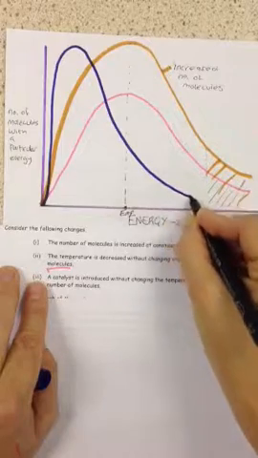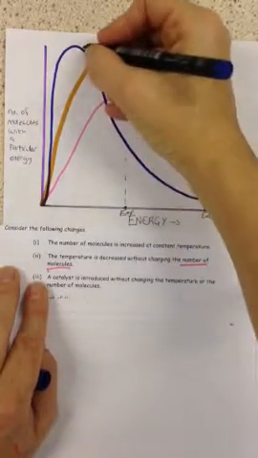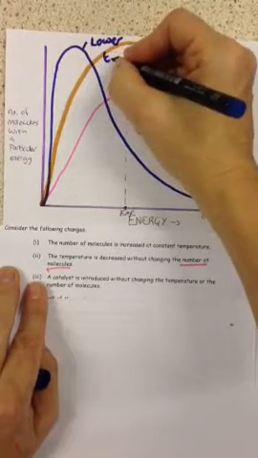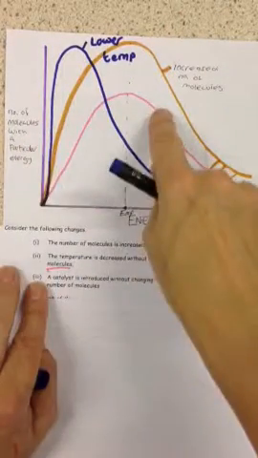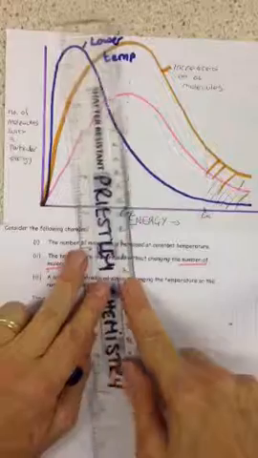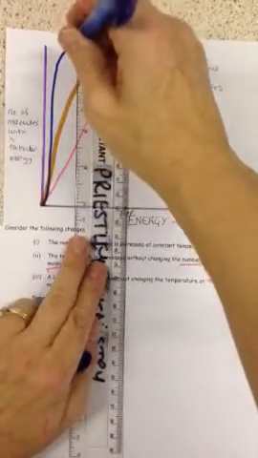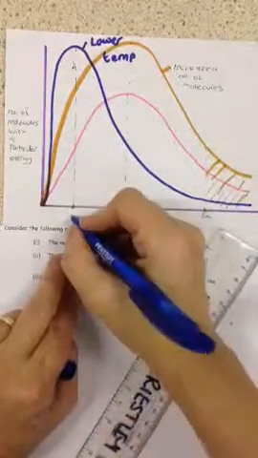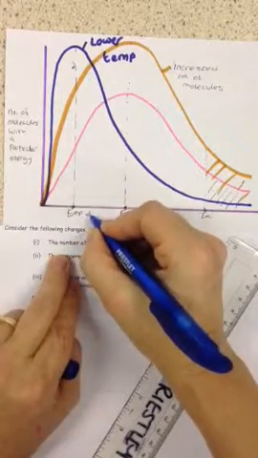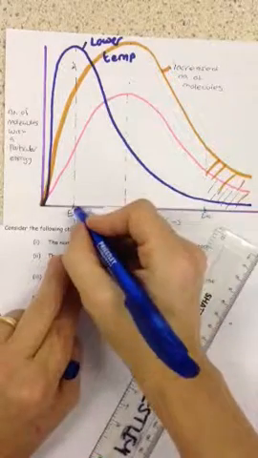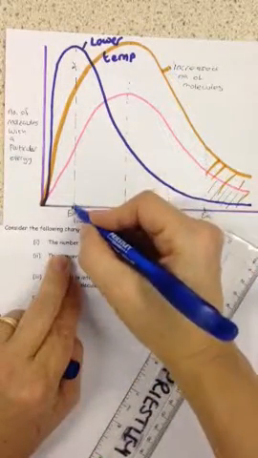like so. So this is the same sample of molecules at a lower temperature. Remember, the area of the blue curve is exactly the same as the area of the pink curve. Now, if we look at the mean probable energy here, so you go to the highest part of the peak and drop down to here, you can see that the EMP at a lower temperature has decreased. It's smaller. So when it's colder,